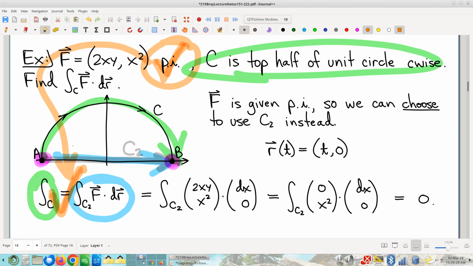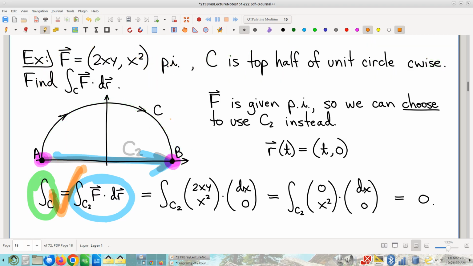Now, details to follow, but is everybody on board so far? Okay. And let's see, how much does this help us? How much does this make things better? Now, just to avoid any confusions, we are now fully switched over to this blue curve. So let's just think through how would I compute the integral on this blue curve?